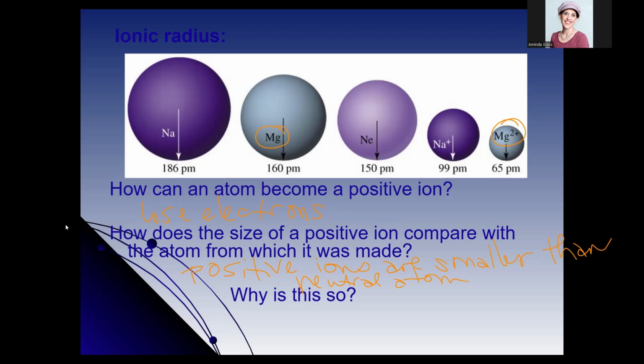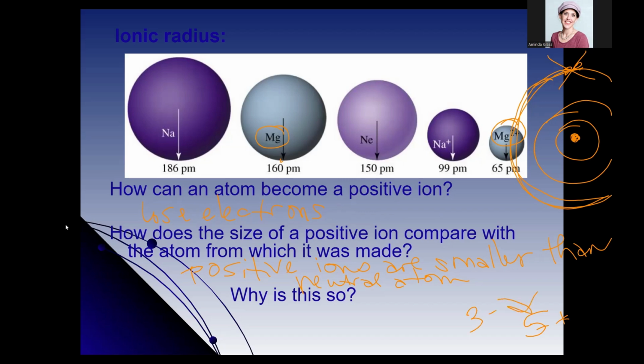And let's think about this. Why would the positive ion be smaller than its neutral atom? Remember, we have our atom here. What's happening? Well, if you lose these electrons, you've lost any attractive forces there. So now, say we have 5